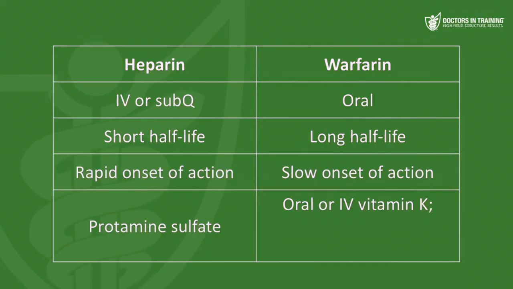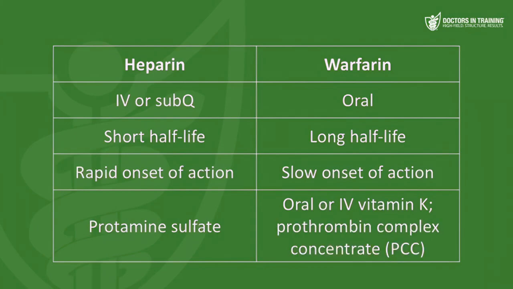The other thing about giving vitamin K is that it takes days to really do anything to reverse the effects of warfarin, right? You got to wait for your liver to start making those clotting factors again. But what if you have a patient who's bleeding to death right now and you need to reverse the warfarin quickly? Well, in addition to giving vitamin K, you can give prothrombin complex concentrate, or PCC, which is basically an infusion of the vitamin K-dependent coagulation factors. Now, if PCC isn't available, you could give fresh frozen plasma, but PCC is considered first line for active bleeding